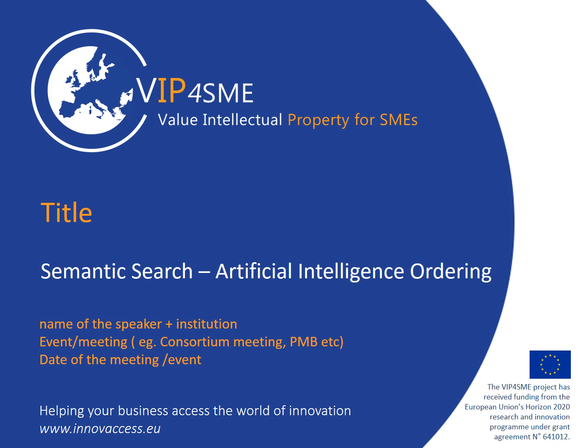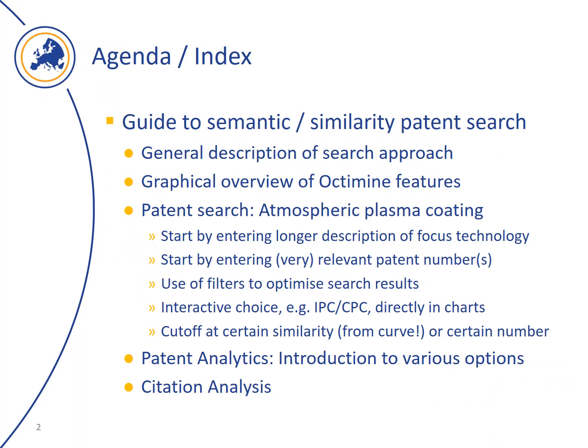But the examples have been set up using Optimine as one of the software providers doing a good job in semantic search. In the following I would like to explain something about this guide to the semantic search and to